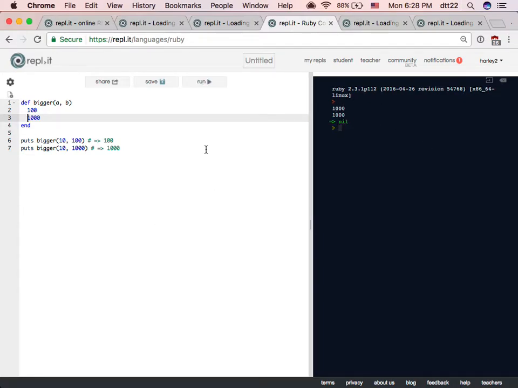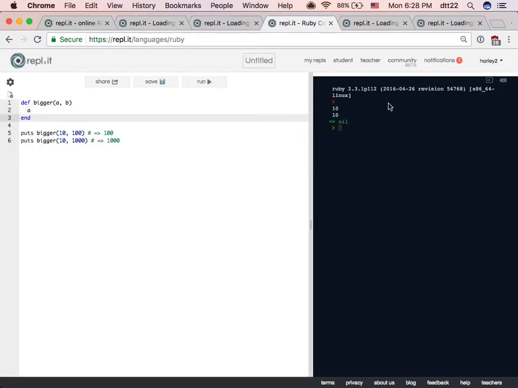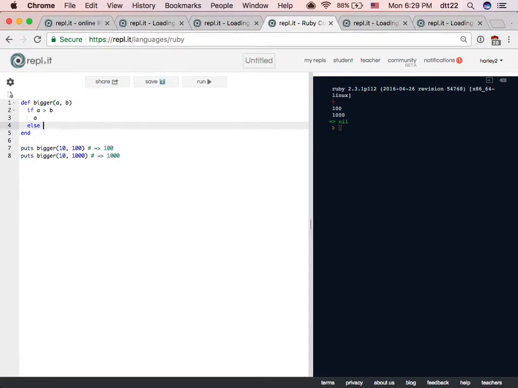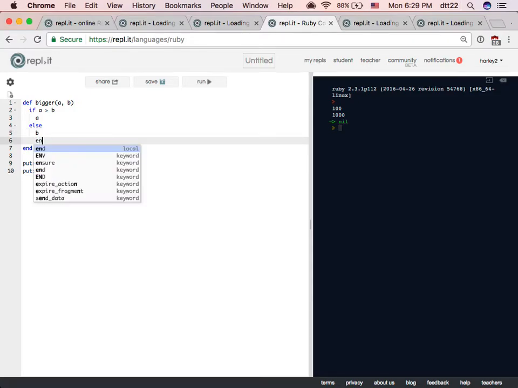So I want my code to be smarter than this. I can just say bigger can always return A, right? I can say bigger always return B, right? Bigger, but now I want it to be smarter. If A is greater than B, then return A, else return B. What about equal?